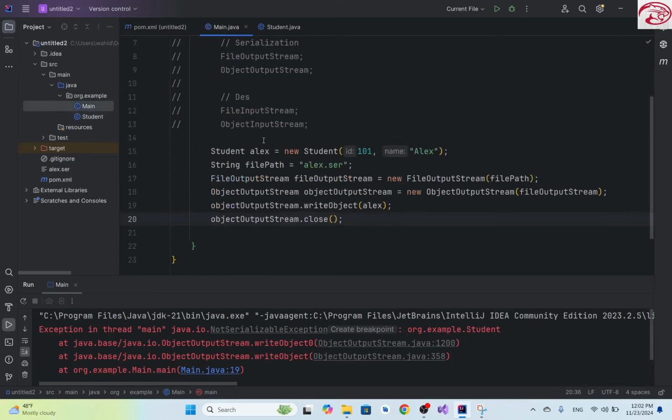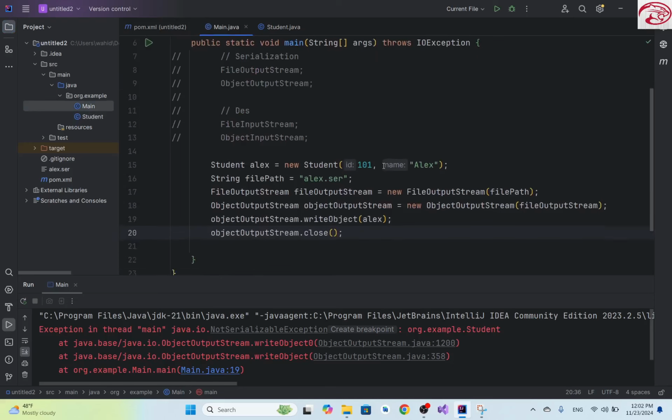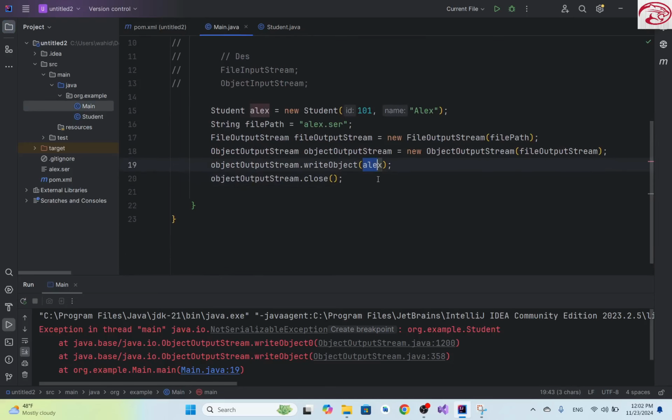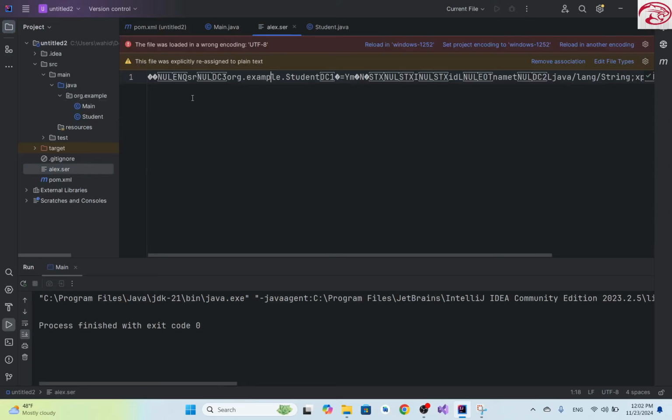So let's run our project. Right now Student is serializable, and when we pass the object of a student here, this writeObject is going to serialize it and write the serialized version of this object to this file. Let's run it. Hopefully, yep, we have an alex.ser. It's a series of bytes. It's not human readable, but we can use this file to transfer it over the network or deserialize it back